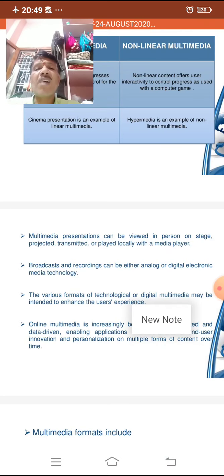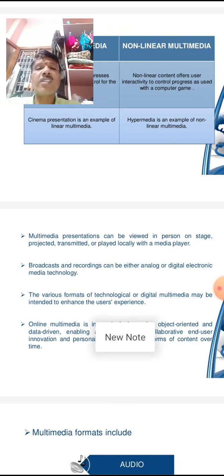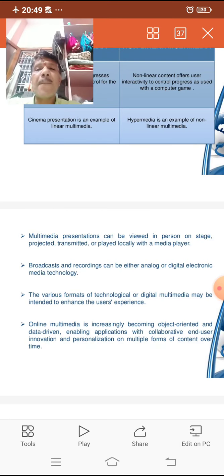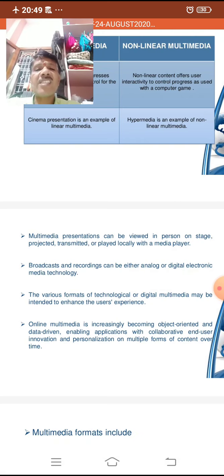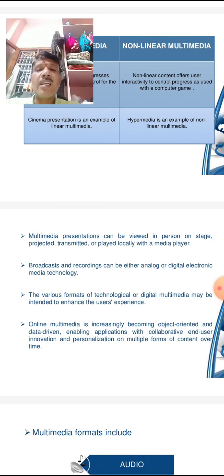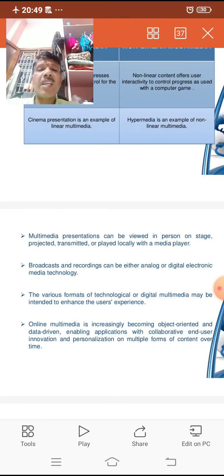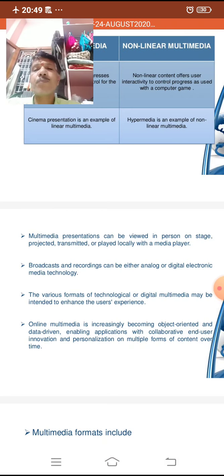The various formats of technological or digital media may be intended to enhance the user's experience. Multimedia is increasingly becoming object oriented and data driven, enabling applications with collaboration, end users, innovation, and personalization on multiple forms of content over time.